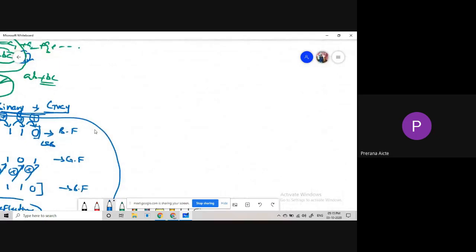Then coming to the binary to gray code converter. If I take the binary terms as A, B, C, D, how many possibilities are there? Here, how many variables are used? 4 variables. How many possibilities are there for a 4 variable technique? 16 possibilities, 2 power 4. So they are 0000, 0001, 001...